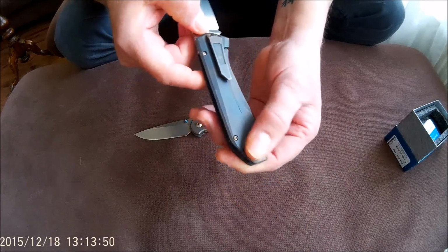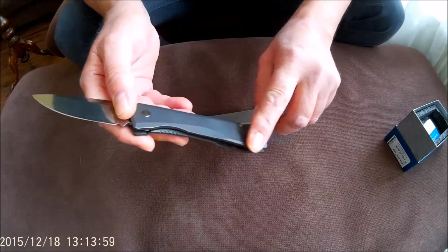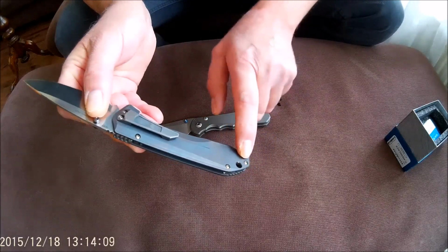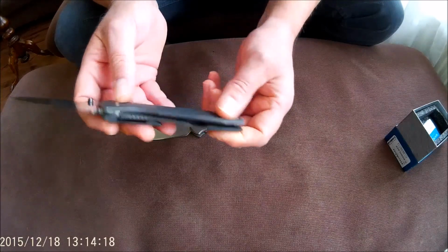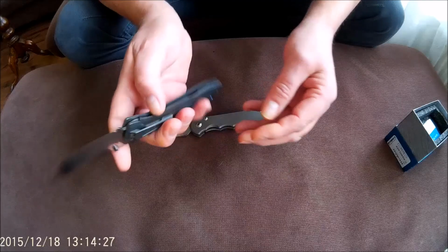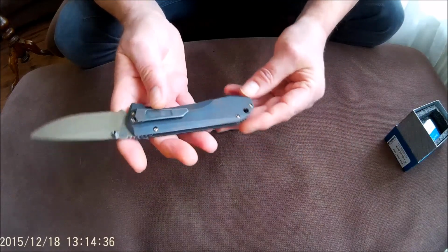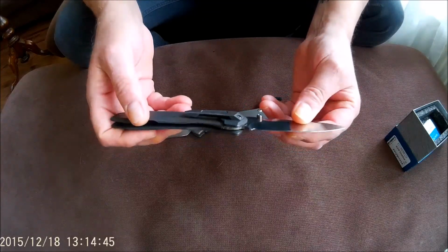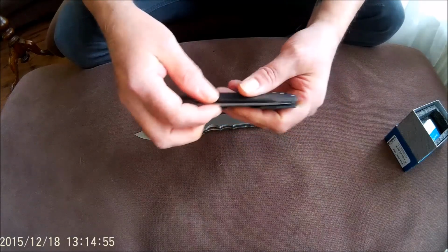I've seen a video on YouTube from Will Moon where he modified this knife. He did the anodization in different colors. He removed the pocket clip so it's tip up carry, and he did an inlay in the pocket clip, and it was a very nice modification. But straight out of the box, this knife gives you the feeling of a custom knife, a mid-tech custom quality knife. If you can put your hands on this one, maybe on the secondary market, because it's so damn expensive, it's highly recommended. One negative aspect on this knife,